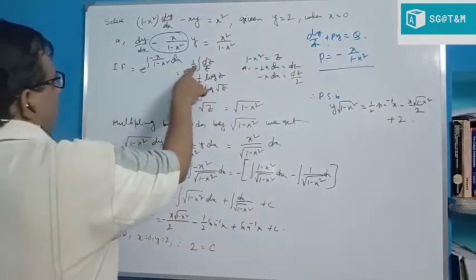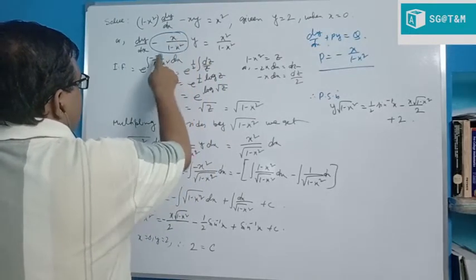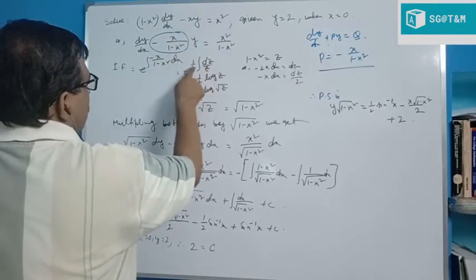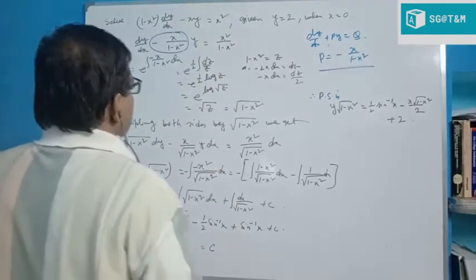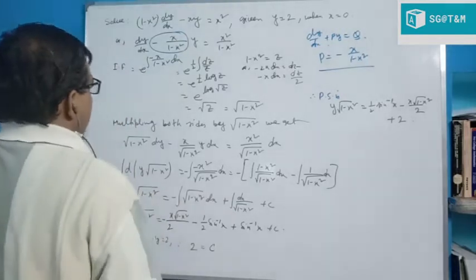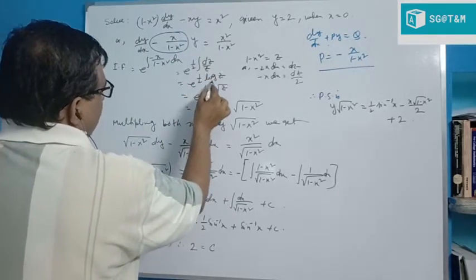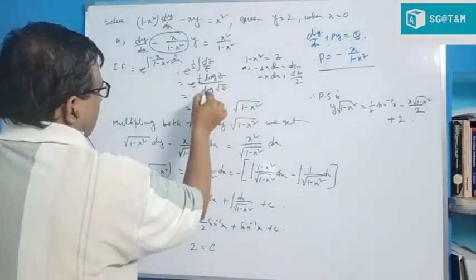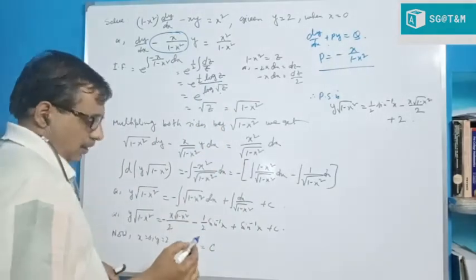So it will be 1 by 2 dz by z, since this is z and x dx is equal to dz by 2. Take 2 common, half common. So this is minus x dx. Minus x dx is equal to dz. So it will be plus e to the power half log z. Z by z means log z. That means e to the power log root z by the property of logarithm.